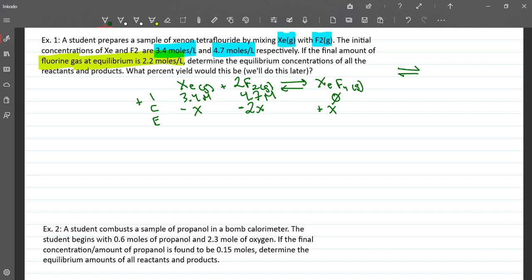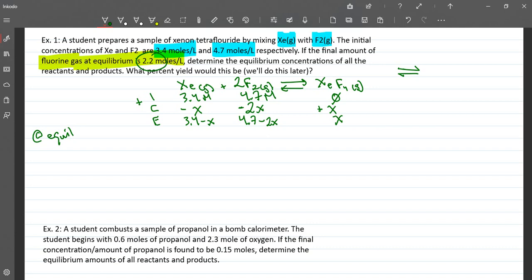I plus C gives you an expression at equilibrium for xenon, an expression at equilibrium for fluorine, and for xenon tetrafluoride, 0 plus x is just x. So now we have expressions for all of our substances here at equilibrium. Now that important piece of information given to us in the question is 2.2 moles per liter of fluorine. We know that at equilibrium,